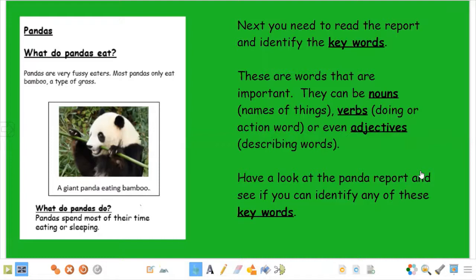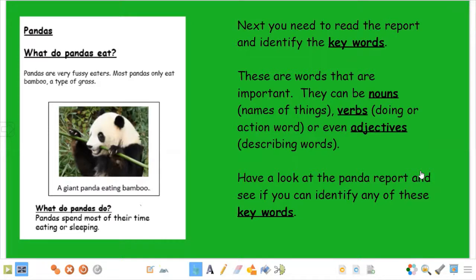As well as looking for nouns, you might also identify keywords as being verbs, doing or action words. Okay, so run, jog, jump, sit, sleep. Those might be some of the verbs that you identify as being important, being key pieces of information. They might even be adjectives. They might even be adjectives about the colour of something, describing words such as the size, the shape, or the